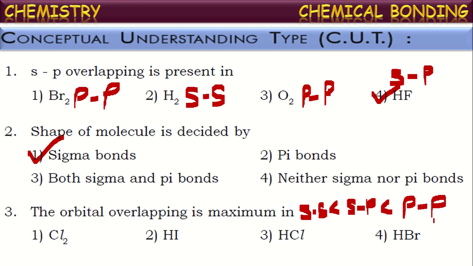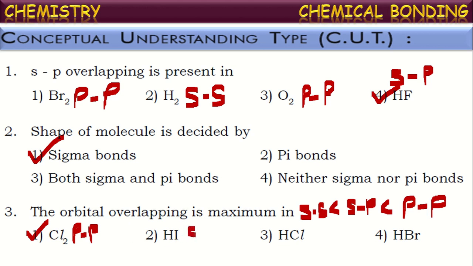Now see in which of the following molecules pp overlapping is observed. That we can say is the correct answer, where the overlapping of atomic orbitals will be maximum. If you see the Cl2 molecule, both the chlorine atoms have unpaired electrons in their p orbitals. So when they combine, they overlap their p orbitals. So we find pp overlapping in Cl2. This will be the correct answer, because pp overlapping occurs in the Cl2 molecule, which occurs at maximum extent. Now if you see the remaining ones, hydrogen iodide.